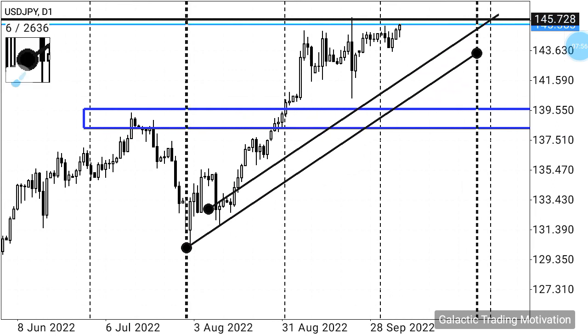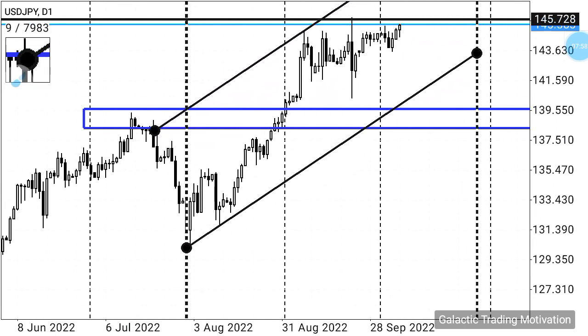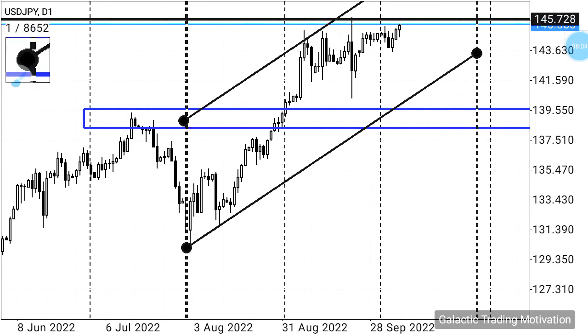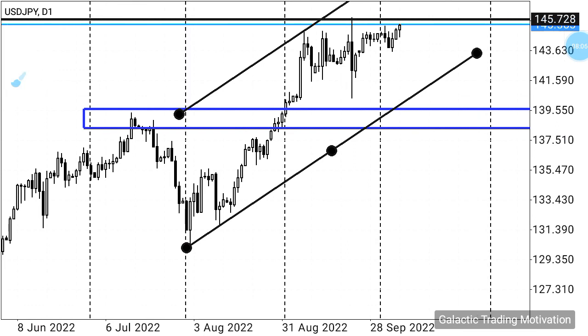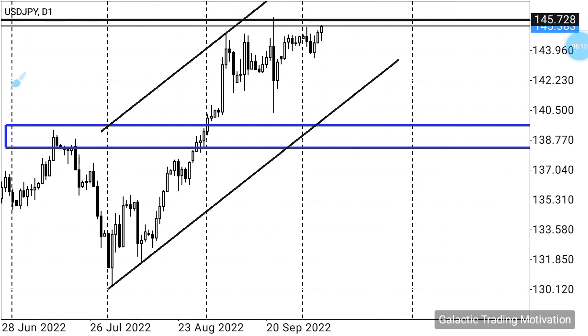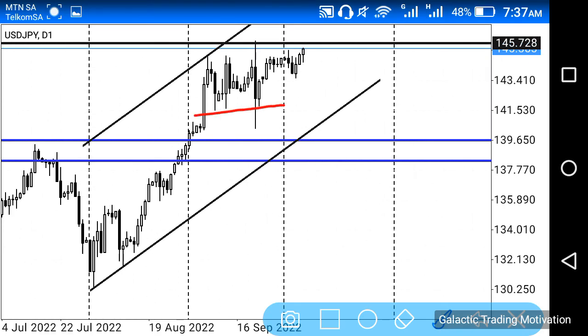Just need to ensure that it is pretty accurate. There we go. There goes our daily channel, more or less. Let's see. There we go. Right. Remember, guys, on the weekly chart I spoke about how this level, or rather how price